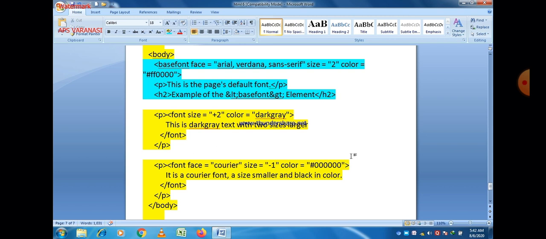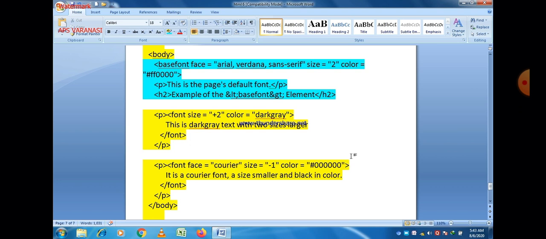Three different paragraphs with 3 different types of font setting. Always remember that the default is the base font setting. If you don't define a font setting within a paragraph, then it actually takes the setting of the base font tag.